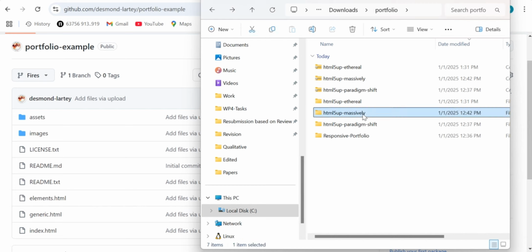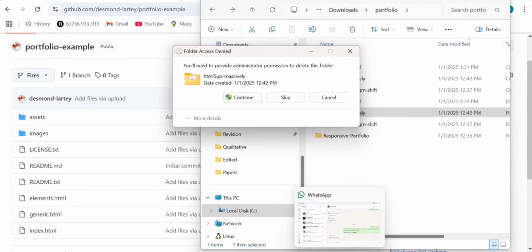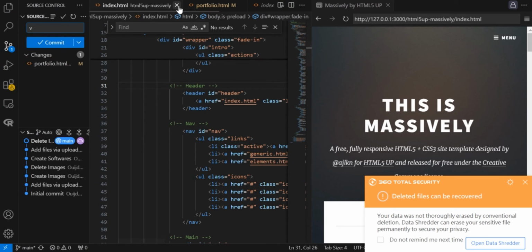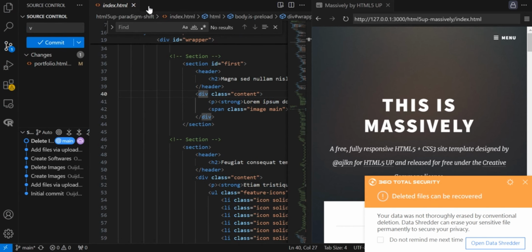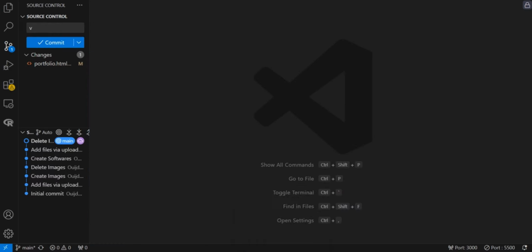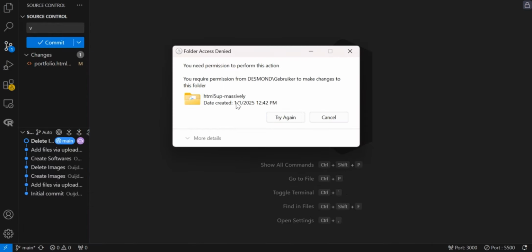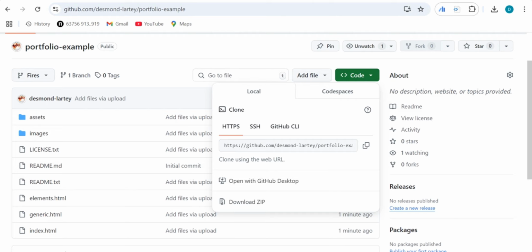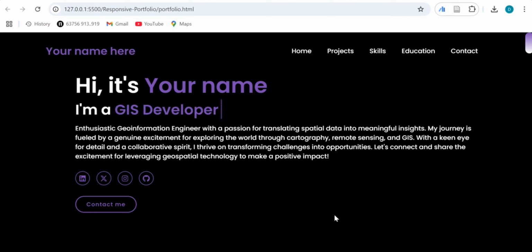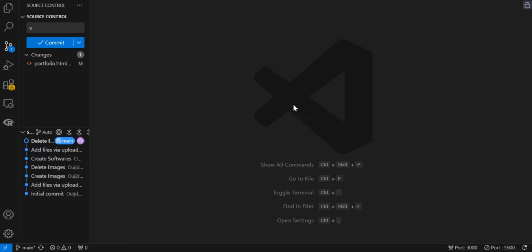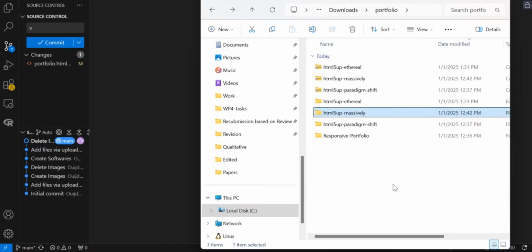What should I do? Okay, let me first delete this. It will not delete because I think they are open somewhere. So I'll also close this. I will also close this. Okay, I still have some of these open somewhere. I think to be on the safer side, I will not delete.